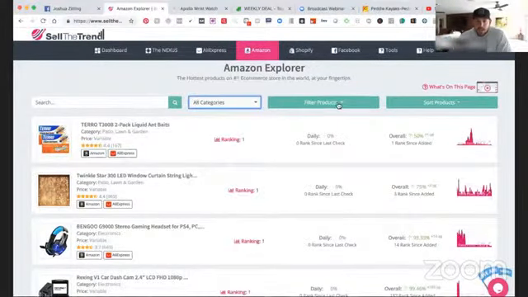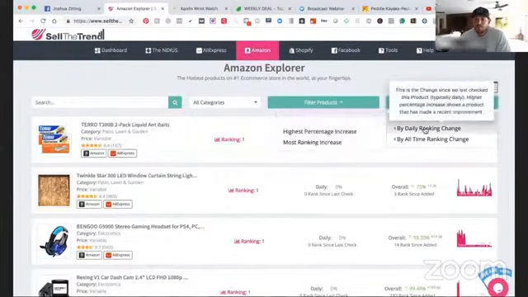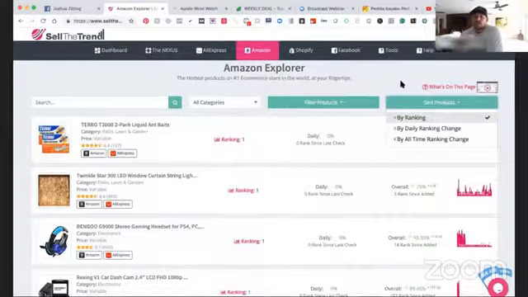Again, you can sort by category, you can filter by price, by rank, you can sort by daily ranking and all-time ranking. Because again, with Amazon, remember you guys that these rankings change daily. So if a product has a rank of say 200,000 on the Amazon sales rank, they're probably selling 2 to 4 products a day. If they've got like a 20,000, they're probably selling 10 to 20 products a day, and up and up. So essentially you can tap into